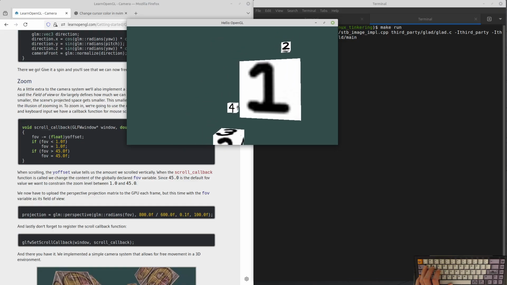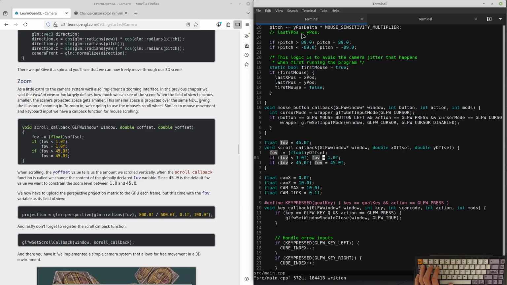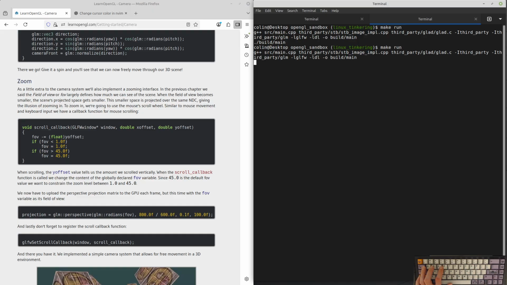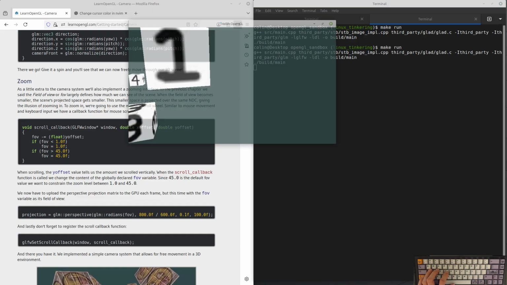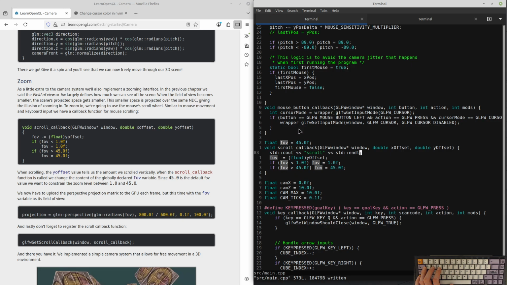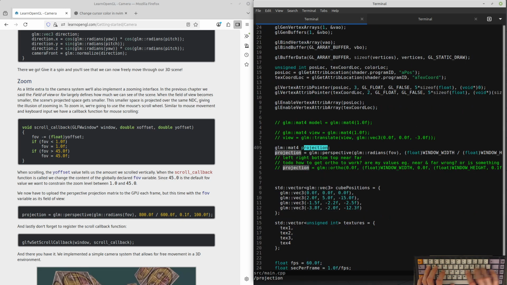Okay, not working actually. Let's make sure the callback itself is even working. Oh, we're not updating the projection matrix each time, I'm guessing, is part of the issue. What we're doing is setting it here once, but the FOV is constantly getting updated.